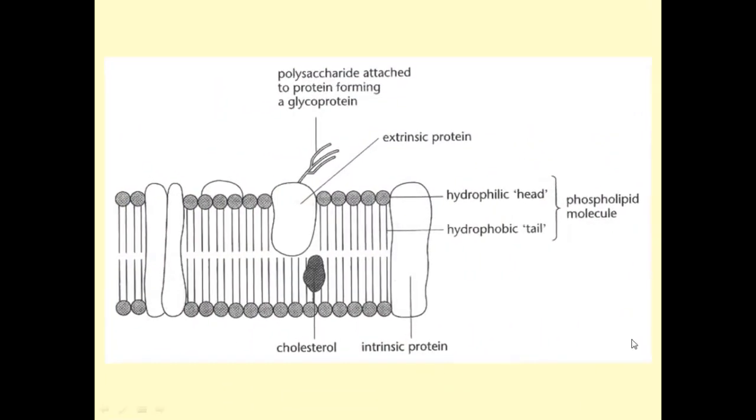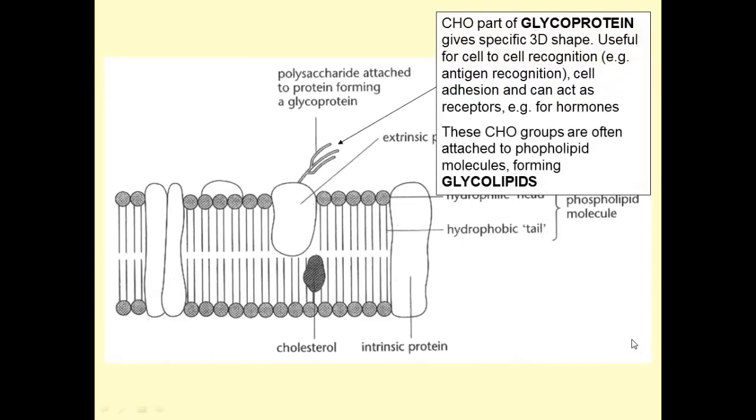And the fluid mosaic model includes in it a number of different molecules. It gives, of course, our phospholipid bilayer, but there are things nestled in that phospholipid bilayer. Let's start off with this one here. This is an extrinsic protein, and attached to that extrinsic protein is this bit here, a polysaccharide. Now that polysaccharide I've abbreviated here as CHO, that's my abbreviation for carbohydrate, quite a common one, and it gives this glycoprotein. Glycoprotein is a protein with a bit of carbohydrate attached to it,